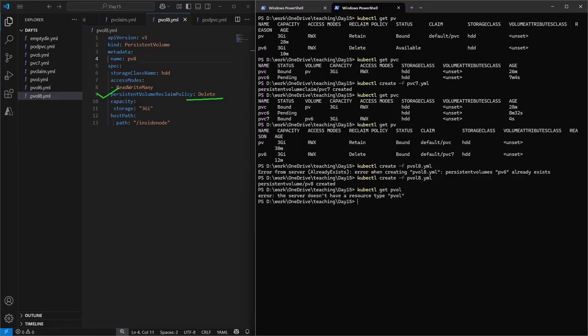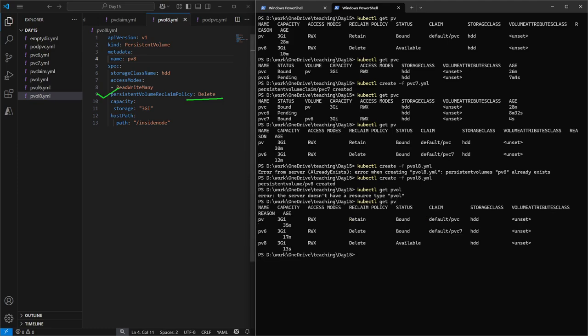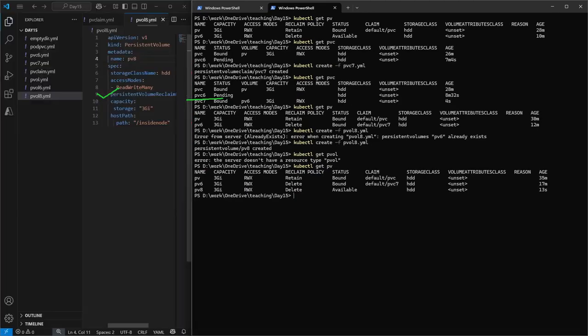persistent volume, and if you see here, the name of my persistent volume is pv8, the size is 3 GB, access mode is read write many, and the reclaim policy which we have mentioned is delete. And till now we haven't created any persistent volume claim. That's why the status of this persistent volume is available. Okay, let me quickly create our